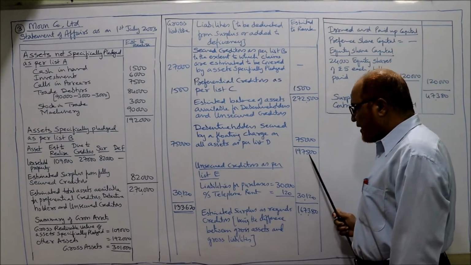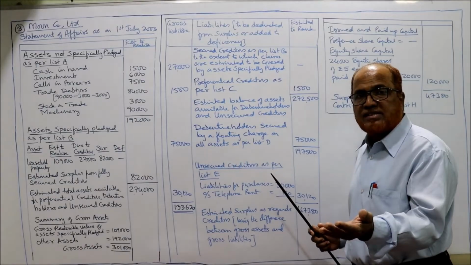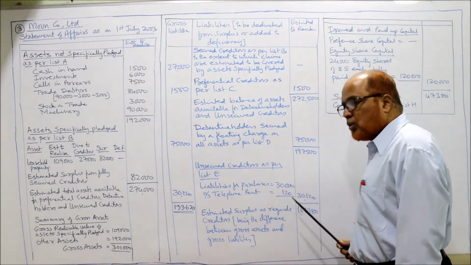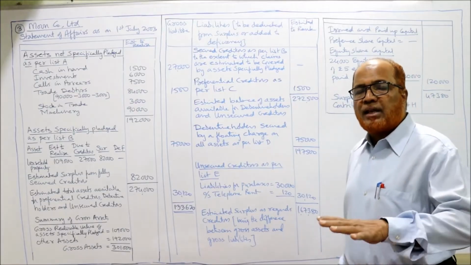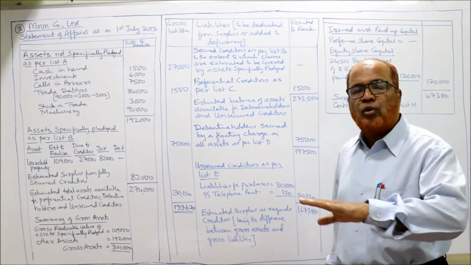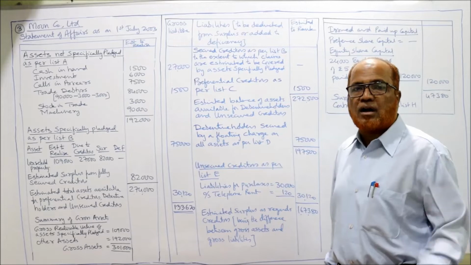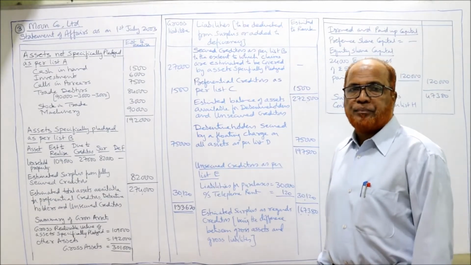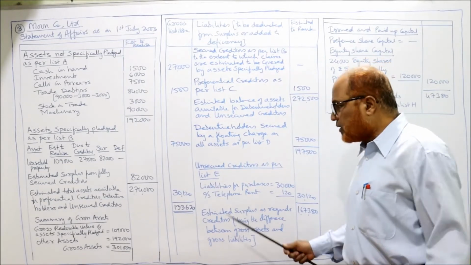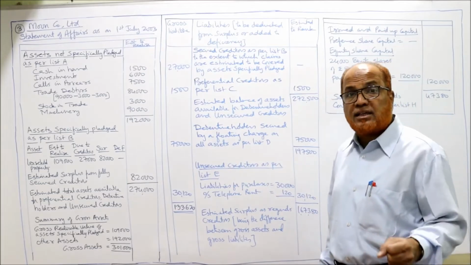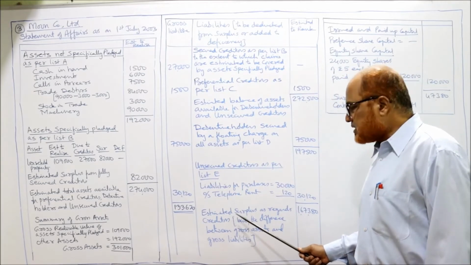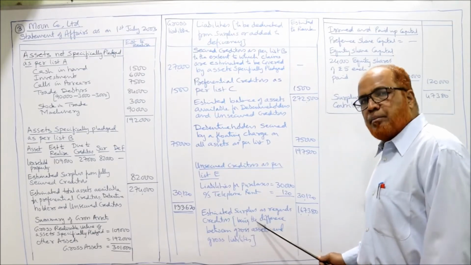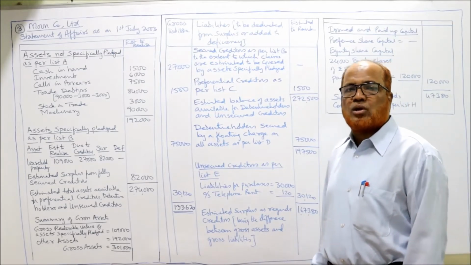We are having 1,97,500 balance of assets. And how much is the amount due to unsecured creditor? Only 30,120. And the company is in a position to pay fully to unsecured creditors. The company is solvent company. Company solvent है. Unsecured creditors को पूरा पेमेंट कर सकती कंपनी, उतना पैसा है कंपनी के पास. तो we are getting surplus. Estimated surplus as regards creditors being the difference between gross assets and gross liability.